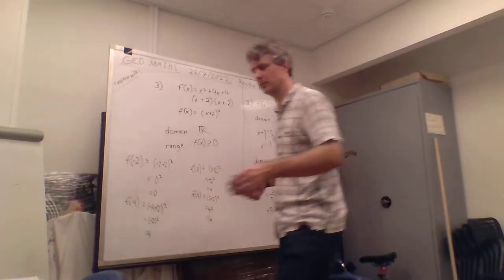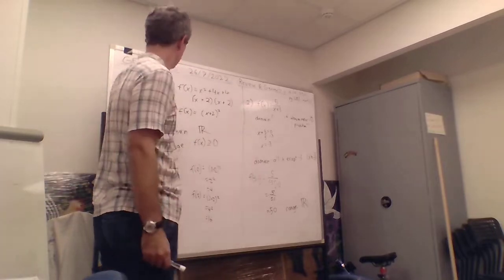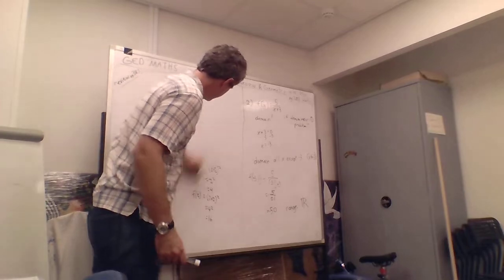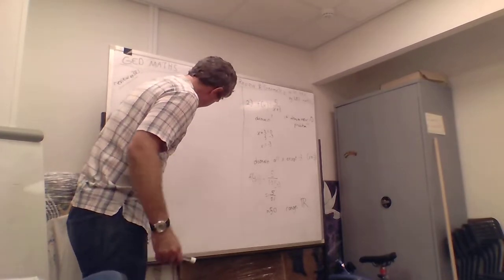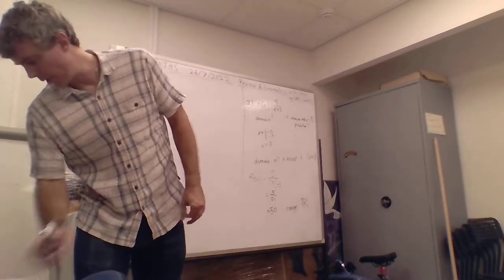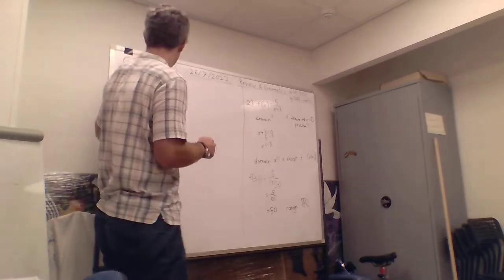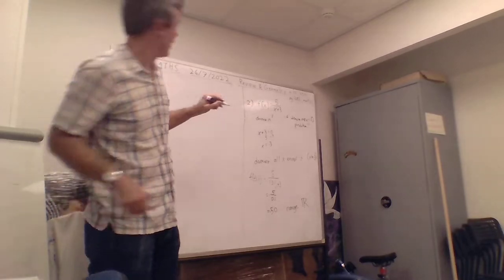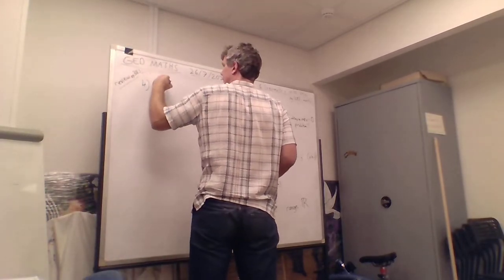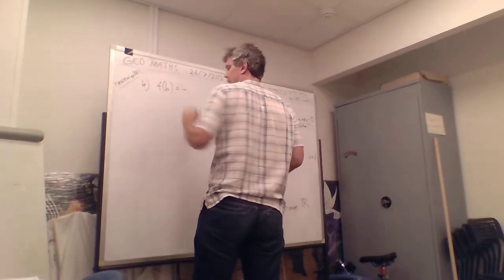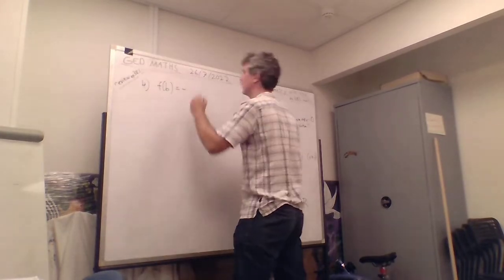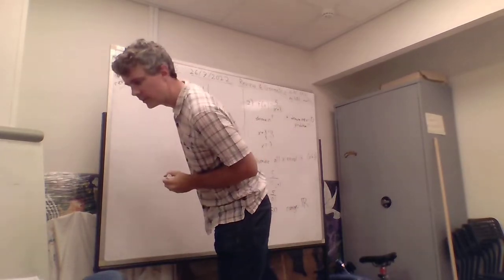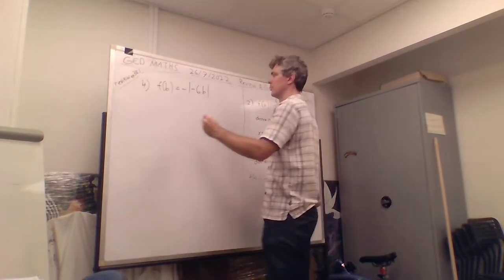Alright, let's take another example. So this one I already had a picture. Let's do number 4. That's a good example of the absolute value. f of b equals negative absolute value of negative 6b. Like this? Okay. So domain